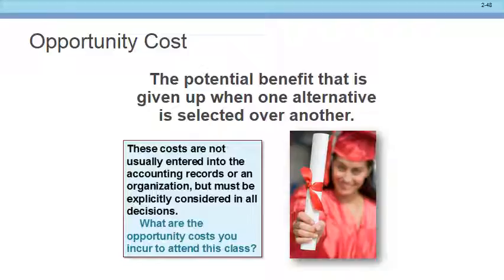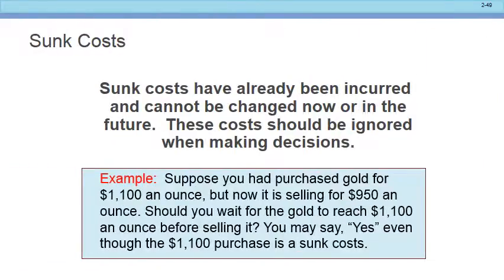So if someone comes up to you and says, "You're the face I'm looking for in my Hollywood movie," and you say, "Nope, got to finish my education," whatever you could have made being a movie star is an opportunity cost, right? Now that is different than a sunk cost. A sunk cost is the amount that you have already spent, and therefore it is not relevant to your decision process. Opportunity costs are relevant to your decision process. Remember, in this class we're making decisions, right? Opportunity cost is relevant to your decision making.